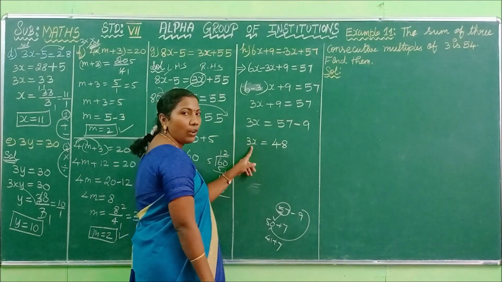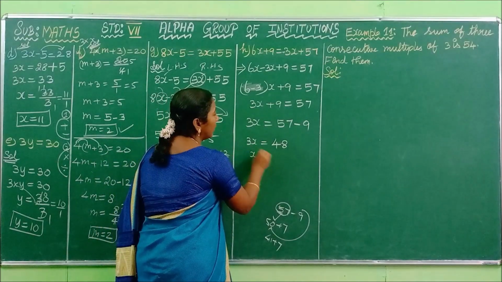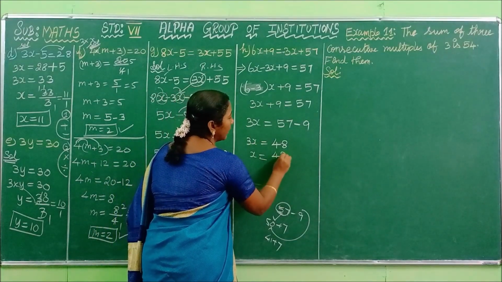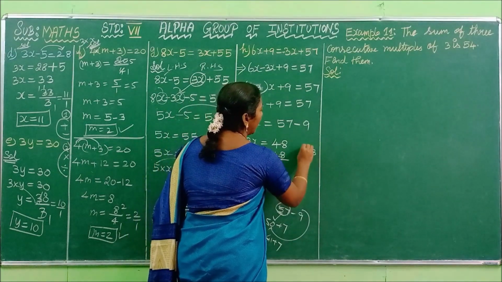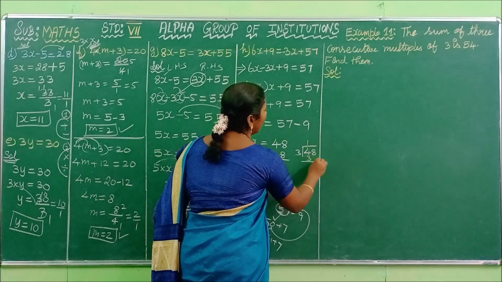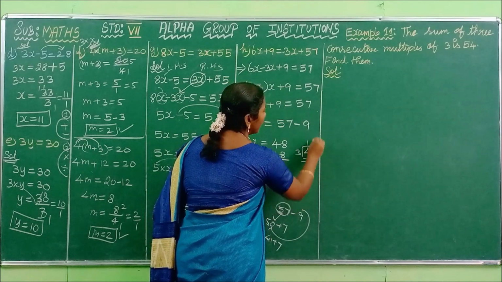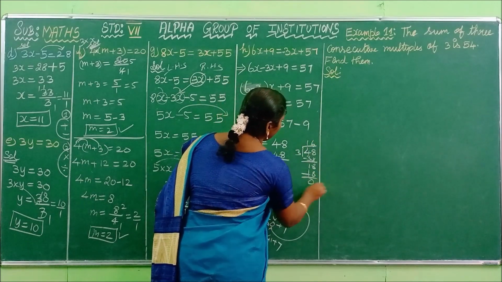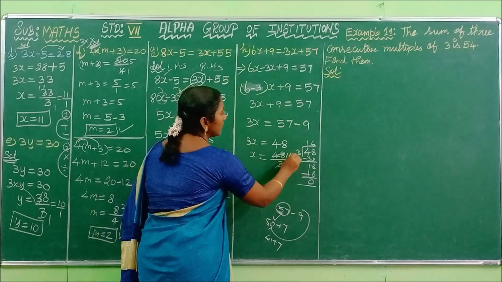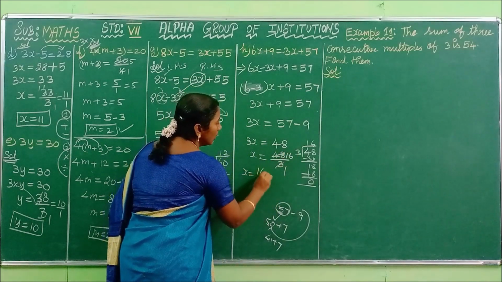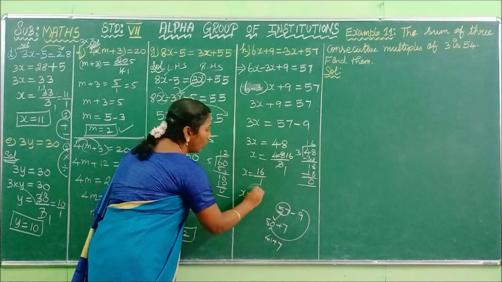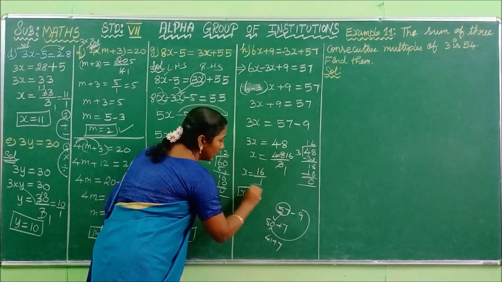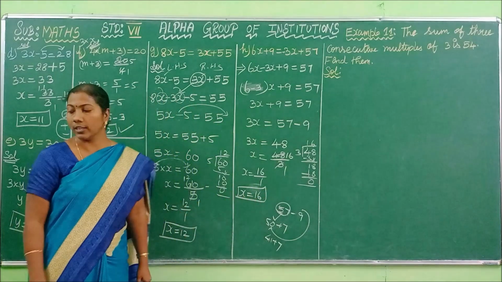Now you have to find the value of x. So you have to bring the 3 to the RHS. So it comes in the division. You have to divide the 48 by 3. 1 3 is 3. Remainder is 1. Bring down 8. 6 3 is 18. Thus 16 times. So x equal to 16 by 1. Leave the remainder if it is 1. So x equal to 16 by 1, which is equal to 16. Okay, do you understand, children?